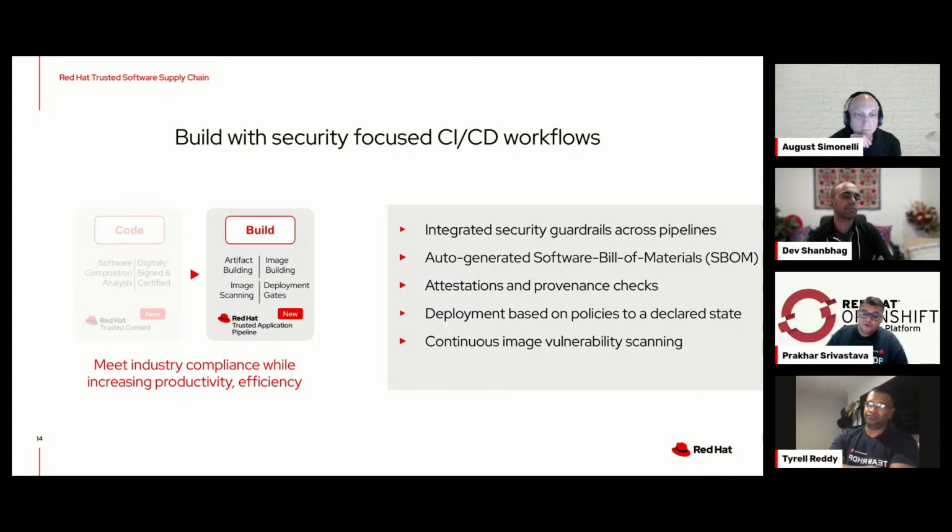This also makes it easier to identify potential vulnerabilities. When we are building our code, we generate an SBOM, which will have the list of all the libraries which have been used, which source they are coming from, and who is the author of that particular library. You will have all that information.